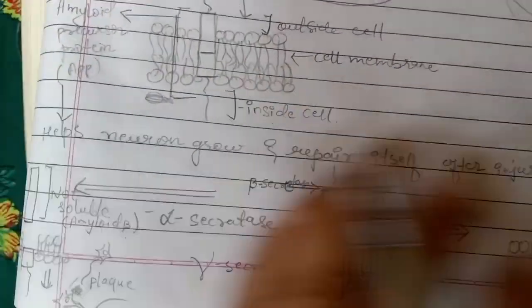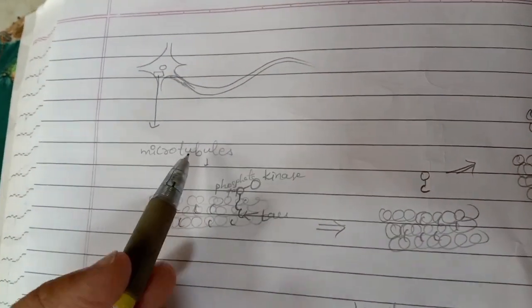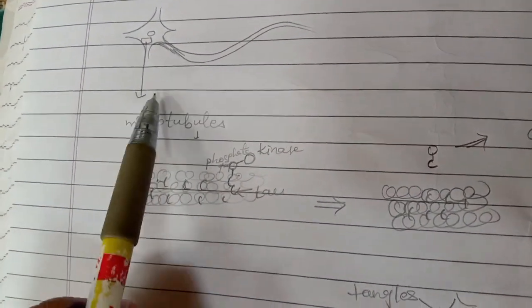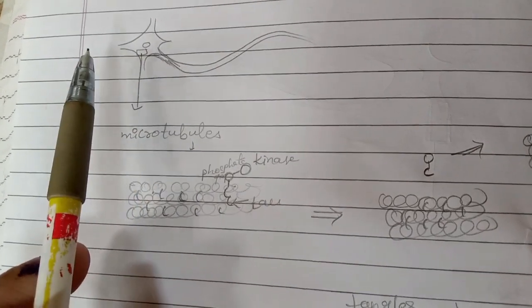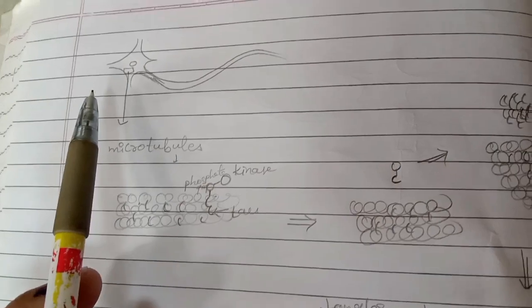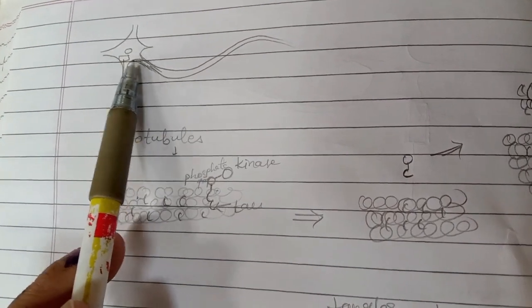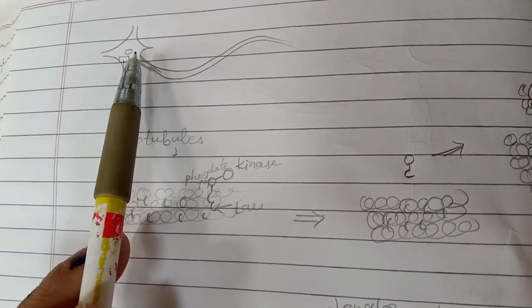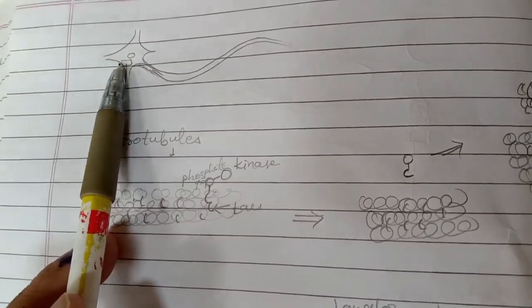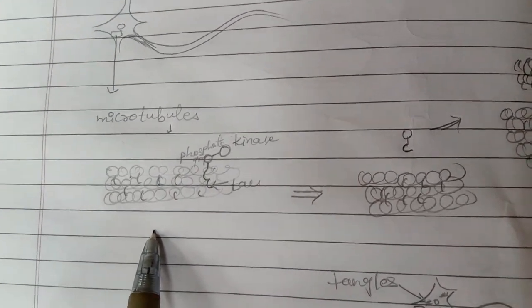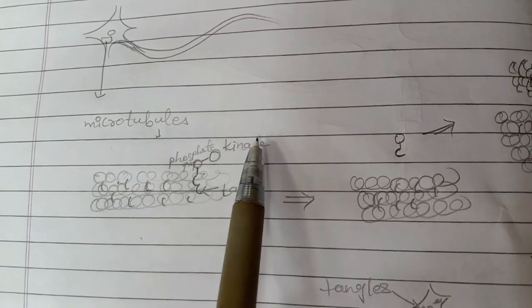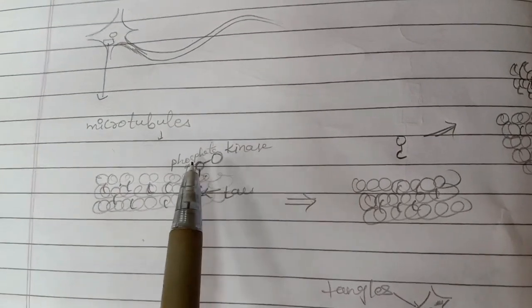Now what about tangles? Okay, so tangles are mainly formed inside the cell as opposed to the plaques which form outside the cells. Okay, what happens here is there is a cytoskeleton inside. Okay, so neurons are supported by their cytoskeleton, which is mainly microtubules, and this is the structure of this thing. Okay, cytoskeleton, microtubules. So what happens is there is one thing, kinase, which